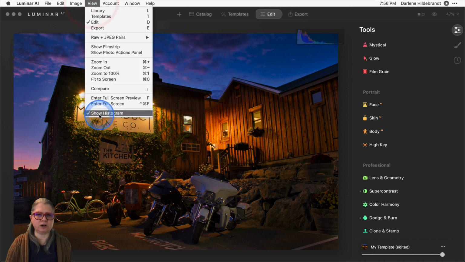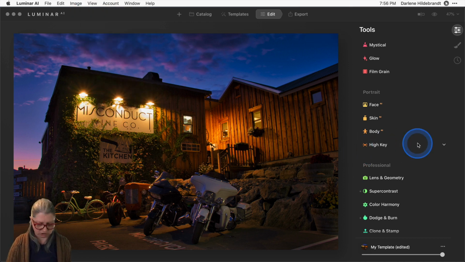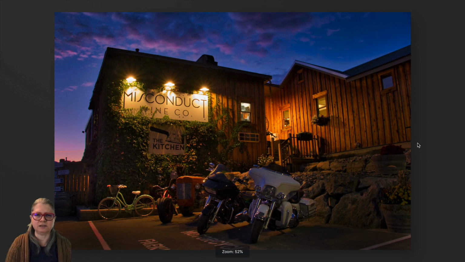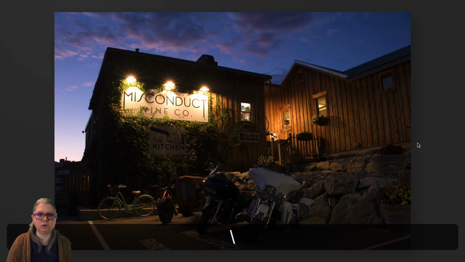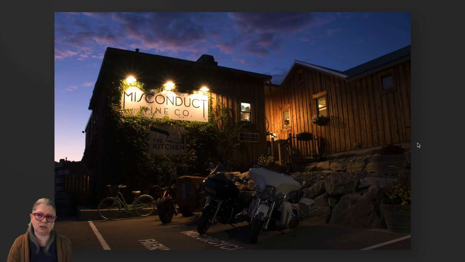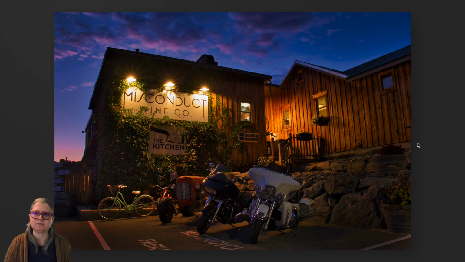I'm going to turn the histogram off so we can see the full image. Let's go full screen and see the before and after. So before, sort of a lack of color, loss of detail in dark and the bright areas. Sky is sort of bland. Now we have lots of detail everywhere, lots of color, maybe even still a little bit too much color in the sky. So I'll probably go back and dial that back just a little bit more. So once again, doing that dance of making some adjustments, going back to the color tools.